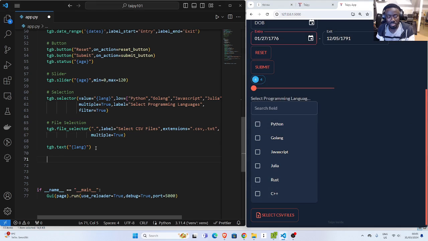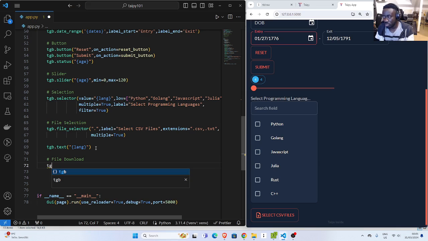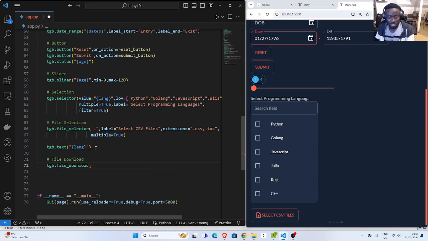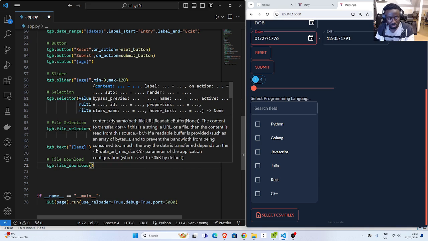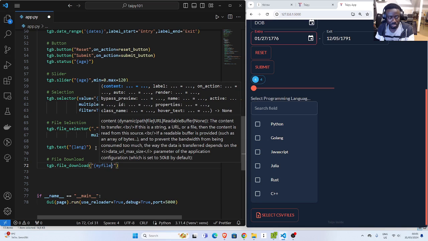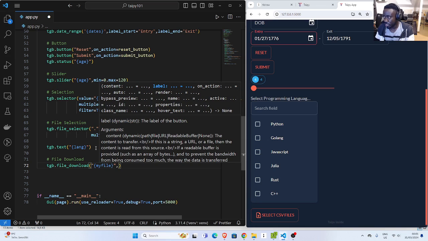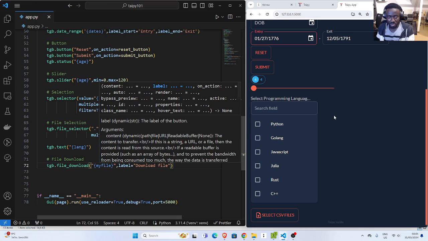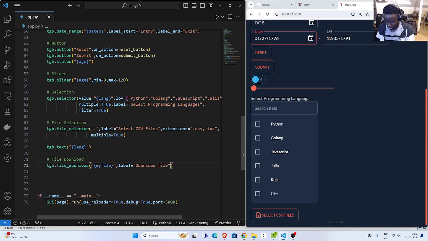Let's see, you can also do file download. Since we are still on file selection, I can just specify that I want to download a file. So tgb.file_download. Then you specify the particular file, or content, let's say my file or my content, and then you specify the label you want to give to it. So download file, and you can also add an action to it, right? So a particular function, so that when you click on this button, the file is downloaded. You can also specify the file name,